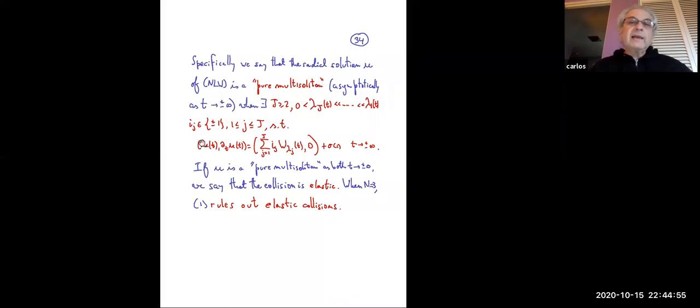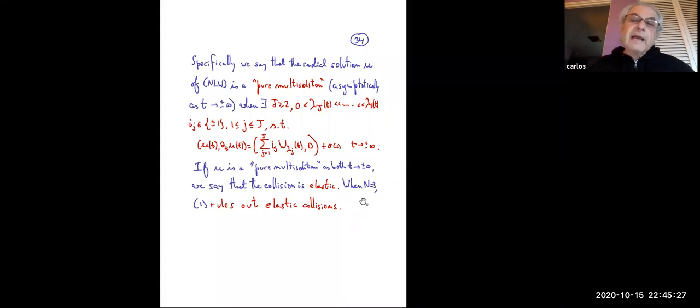Then we say that the collision of the solitons is elastic, because this corresponds to saying we have this sum of scaled solitons at minus infinity. We evolve to infinite time, and then we still have a sum of solitary waves. Now, in the 3-dimensional case,